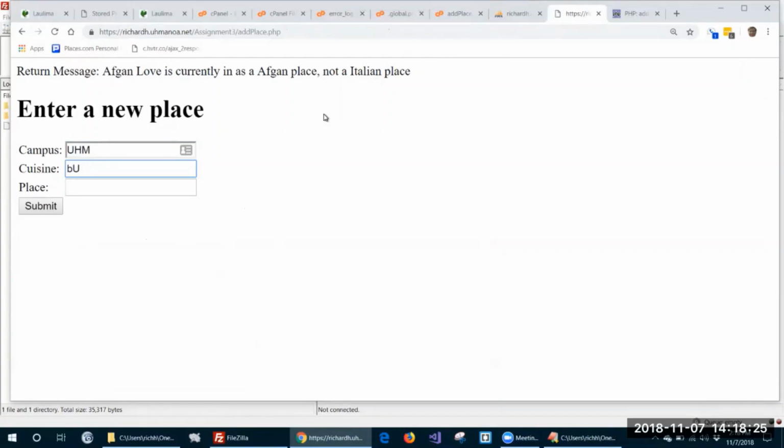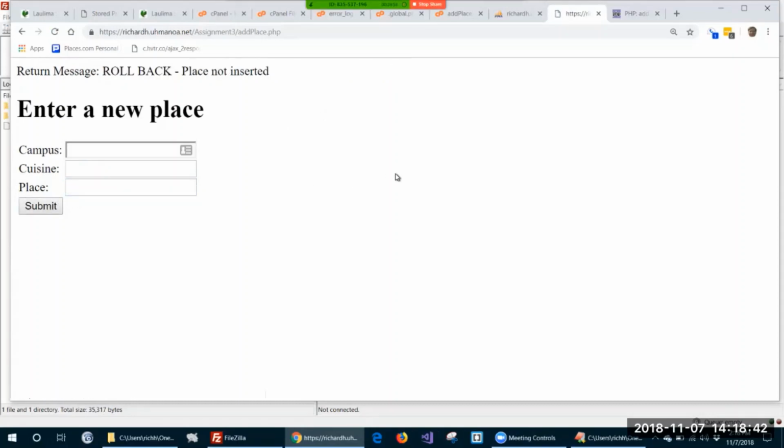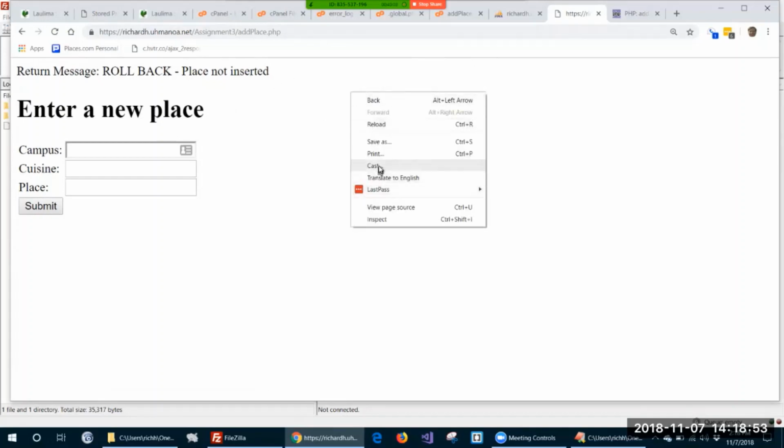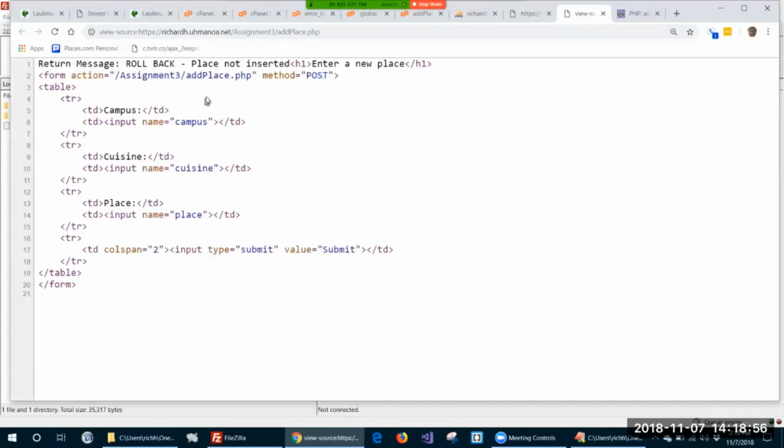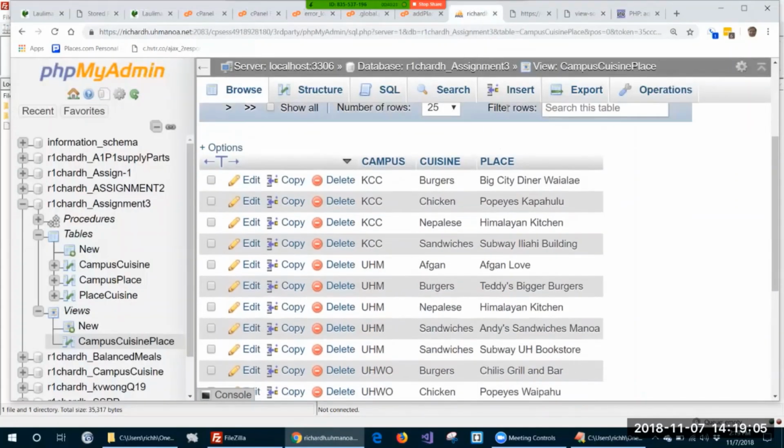burgers, McDonald's Manoa Marketplace. Submit. Roll back. Place not inserted. Well, that's a great message. Let's see. I want to see what that looks like actually. Doing the source, this comes back like this. Roll back. Place not inserted. That would be from